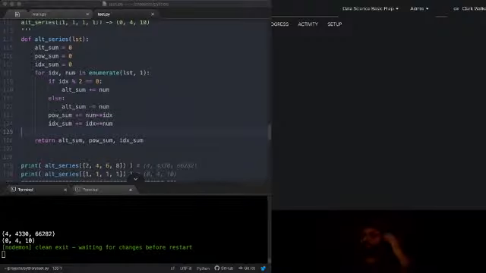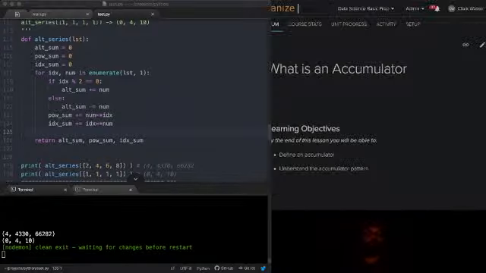It's kind of the bread and butter. You think about the accumulator pattern as the bread and butter of algorithms. It's a problem-solving strategy that can solve a shocking number of problems.